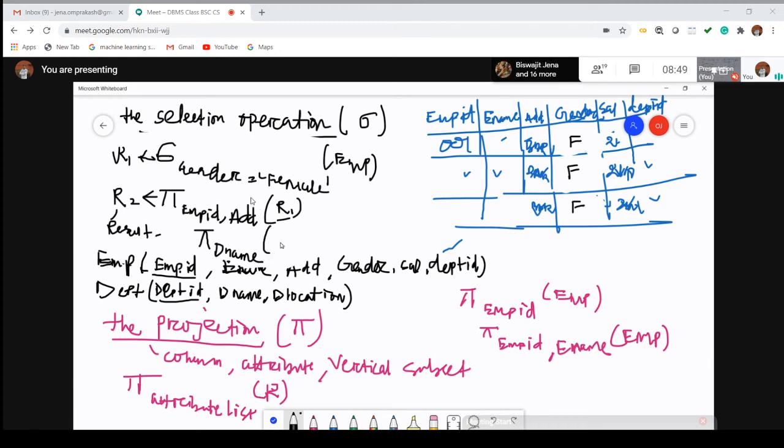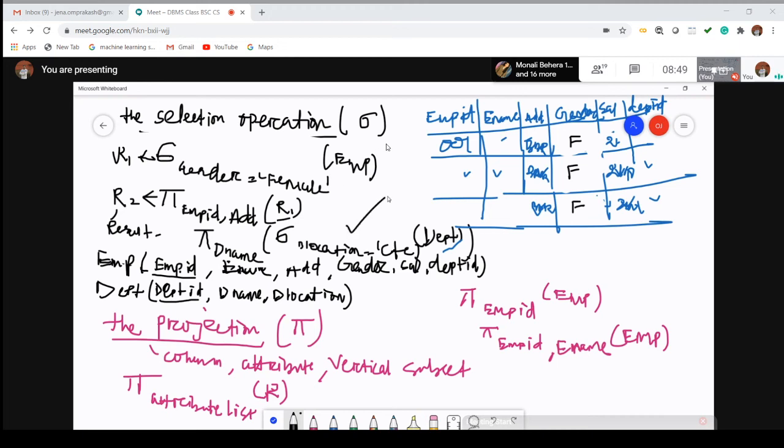Is there a condition or not? What is the condition? Select D location equal to Cuttack from which table? From the DPT table. So this is the final query.